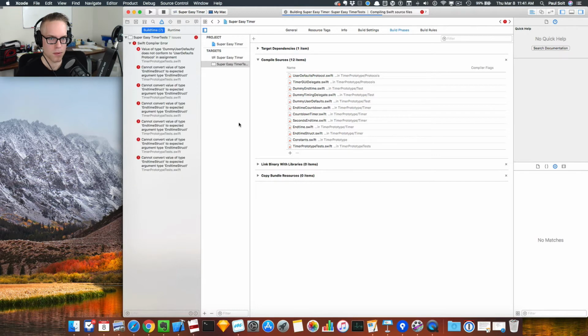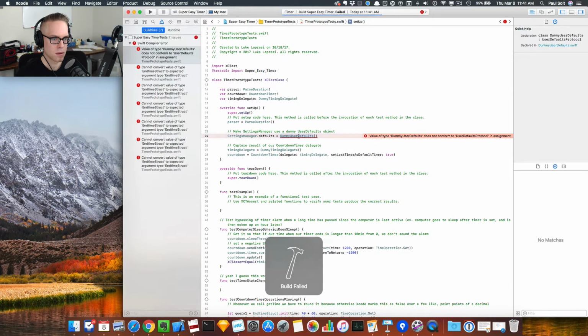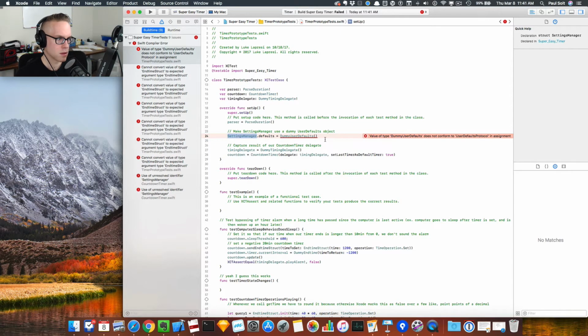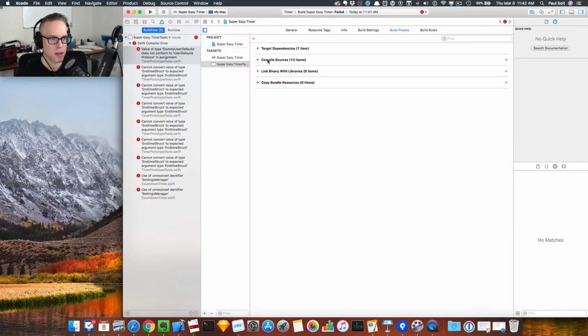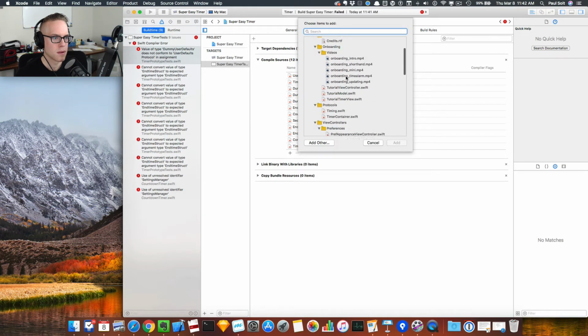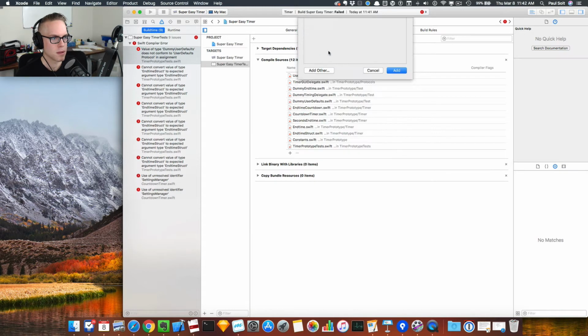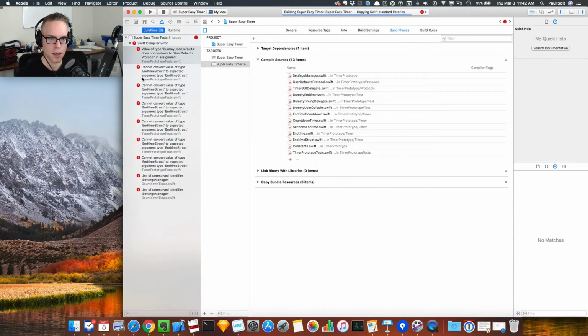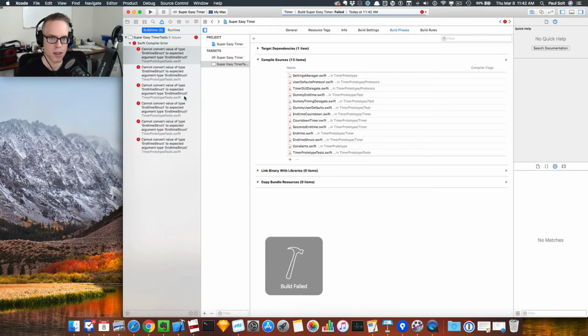And I'll just try and compile that one more time. Settings manager. Looks like I need to import settings manager. I think I missed that one. Can type some filters, build again, see if the normal build's going to work, but we have to do Command U to get this to run. Okay, so